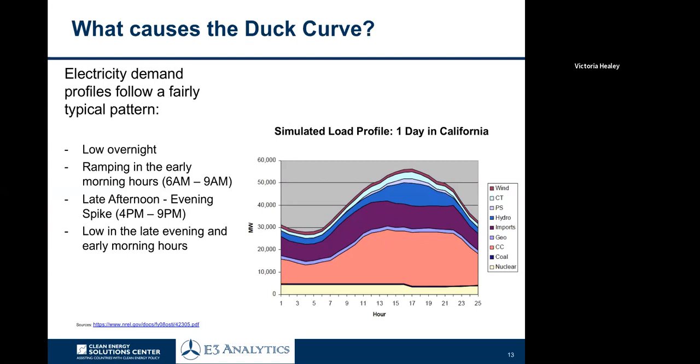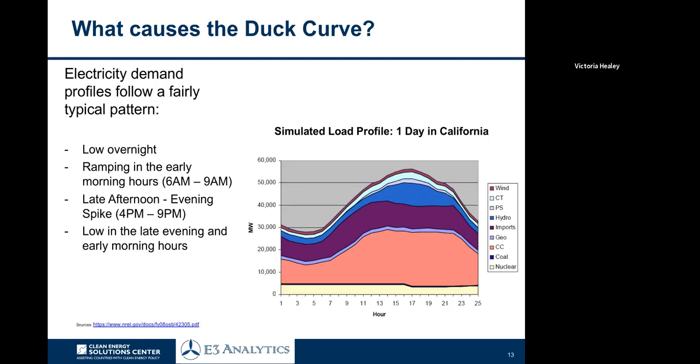So electricity demand in a standard electricity market follows a fairly typical pattern. Typically, it's lower overnight, followed by ramping in the early morning hours. So around 6 a.m., people wake up, people start flicking on the lights, businesses start to turn on, the coffee machines, the tea kettles, the showers, the hot water, all of it starts gearing up. Electricity demand increases, stabilizes over the day, typically reaching a peak sometime in the late afternoon or early evening before declining again into the evening hours. This is a fairly simple undulating